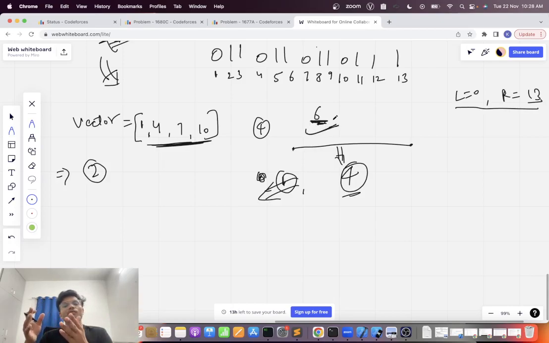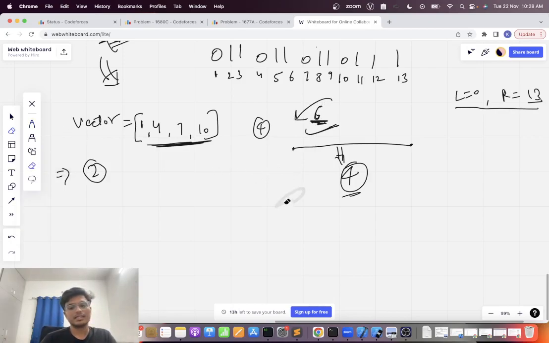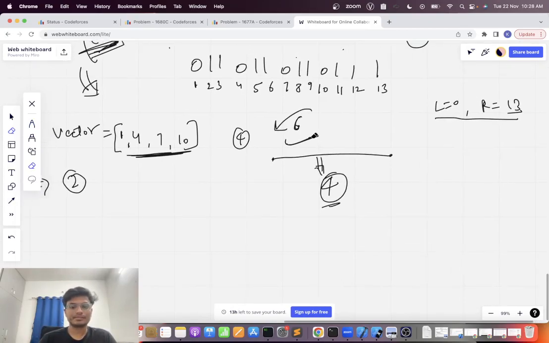So 6 can be a possible answer, but the answer is much lesser than 6. So I need to go downward. That is, 6 can be easily possible, so I need to look for an answer that is less than 6. Okay. Then L, R become 6,